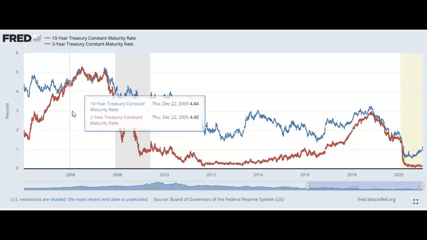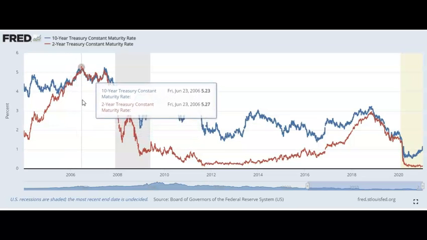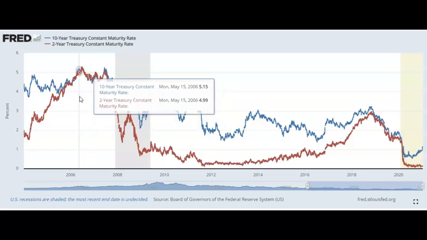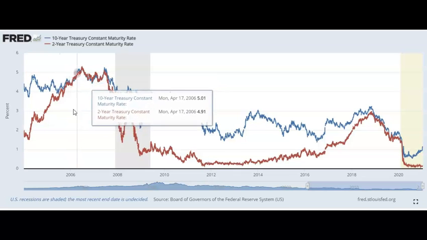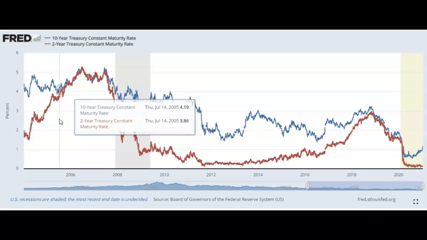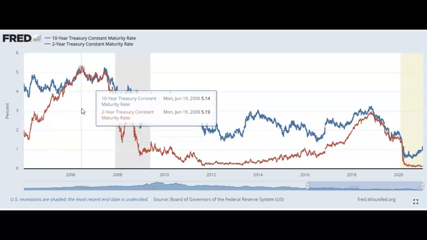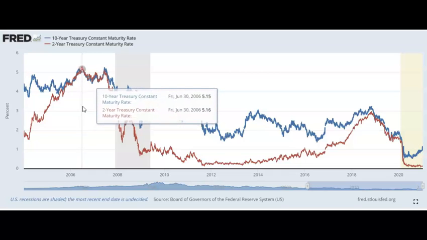You can almost say the Federal Reserve pulled the trigger in the 2008 meltdown. Maybe not the cause of it, or maybe the cause of it, but definitely pulled the trigger. So when there's a disconnect between long-term investors and the Federal Reserve, short-term rates can rise above long-term rates, and that's called an inverted yield curve because short-term rates are greater than long-term rates, and that number becomes negative.